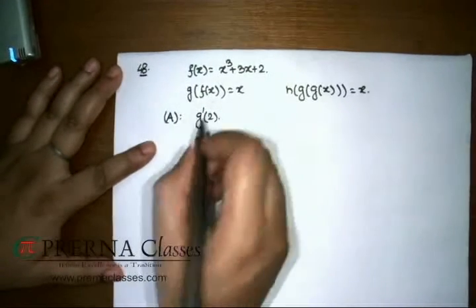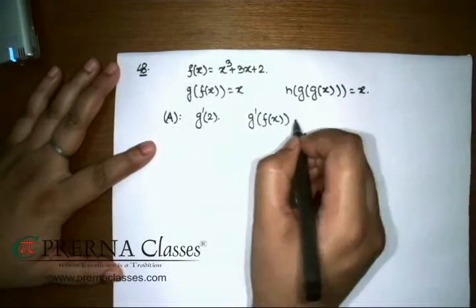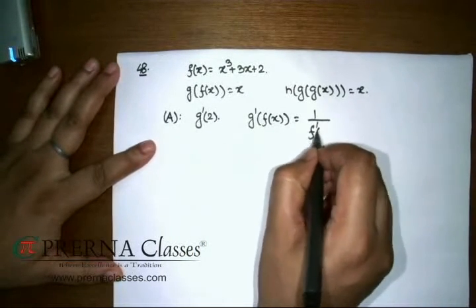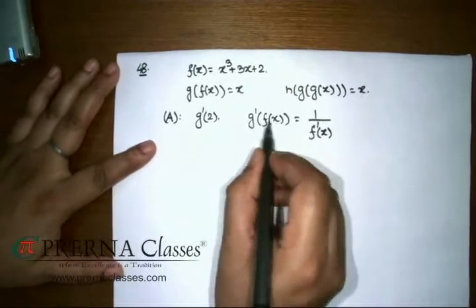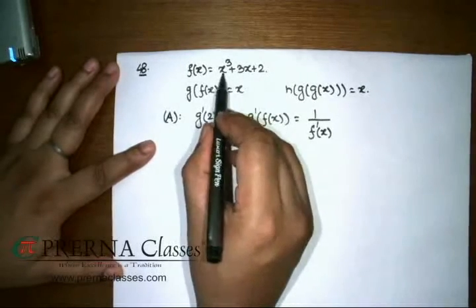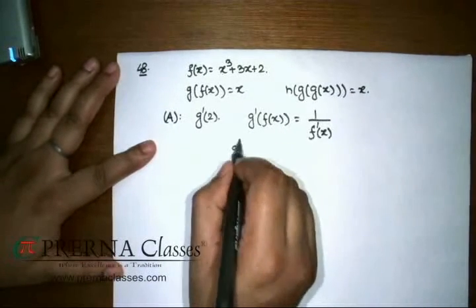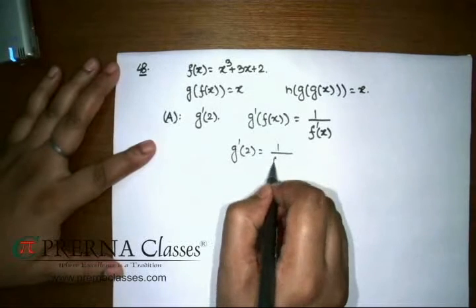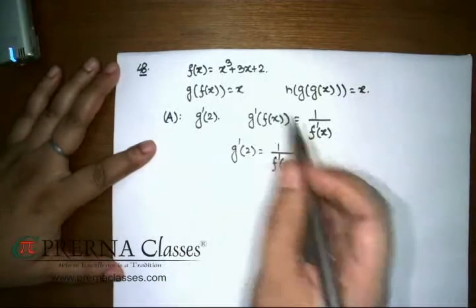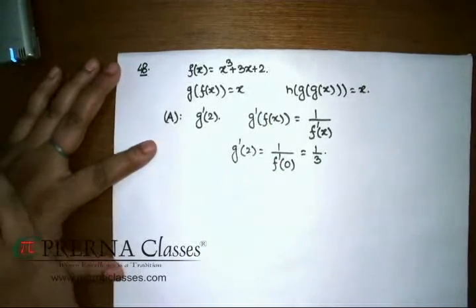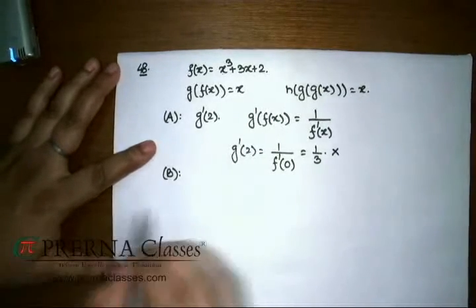Here we are interested in g dash of 2. For g dash of 2, you can check if I differentiate this relation, I should end up getting g dash of f(x) as equal to 1 by f dash of x. Now we have to look for which value of x I should be choosing such that f(x) turns out to be 2. Clearly you can check if I put x equal to 0, f(x) turns out to be 2, so x is clearly 0. Hence g dash of 2 is nothing else but 1 by f dash of 0, and f dash of 0 you can easily figure out, which is 3. So this value is 1/3, but it is given to you as 1 by 15. Clearly this is not the correct answer.